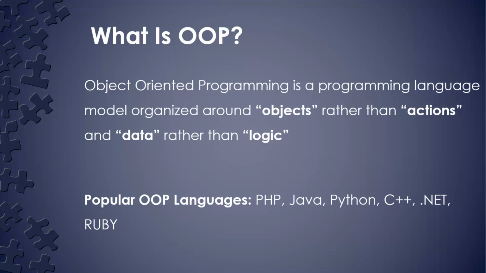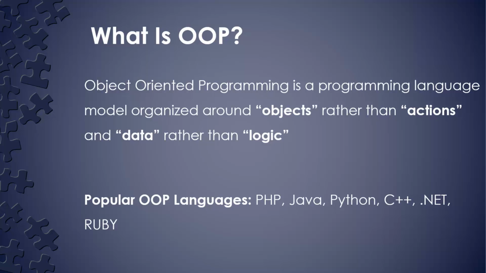Now there's a lot of different languages that are geared towards the object-oriented model. PHP, of course, is one of them, especially after PHP 5. We have Java, Python, C++, .NET, Ruby. So you can see these are all high-level languages that are very popular, and they're all capable of